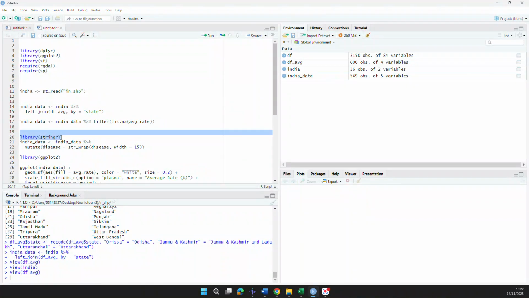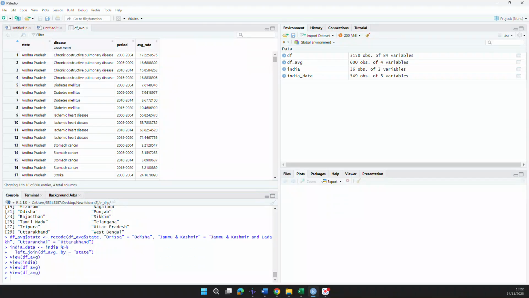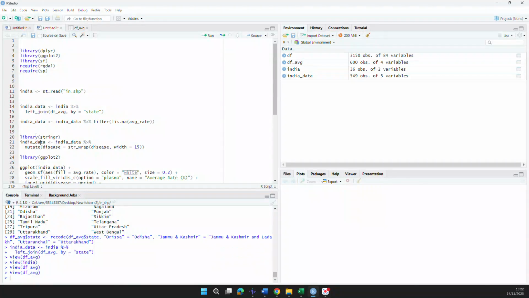Now I want you to install this package if you don't have it, the stringr package. I have it already, so I just call it from the library. The reason is, as you can see, in my data set some of these disease names are so long that if I want to label them on a map, they will look too long. So I want to wrap them so that they break at a particular point and go to the next line. To do that, I need to use the function str_wrap, and I simply say: